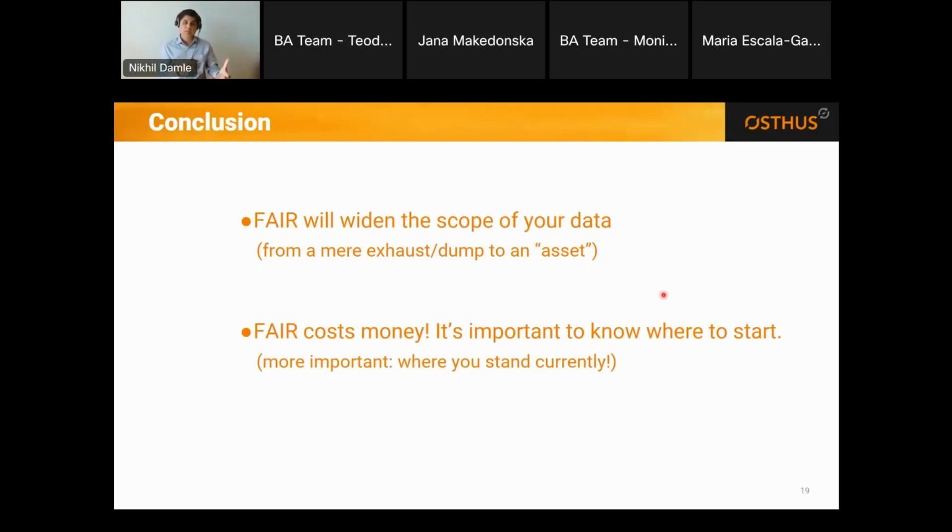For example, if a new colleague is joining a new project or a company, he or she would be interested more in findability and accessibility because they would like to know where the results are and all. On the contrary, if a colleague is leaving a project or a company, he would like to keep his data in such a format which is interoperable so that his colleagues, who are still working in that R&D department, can reuse that data. So you need to think about what matters most to you in your current scenario in your R&D issues, and we can definitely help you there.